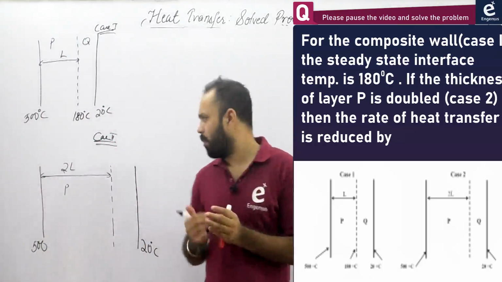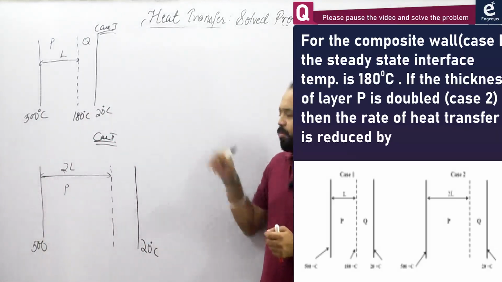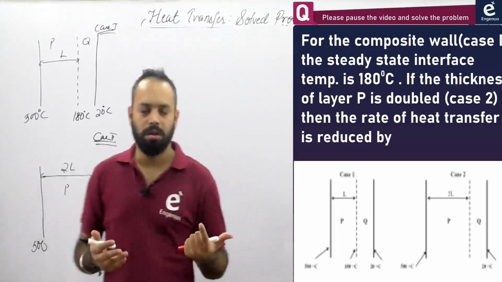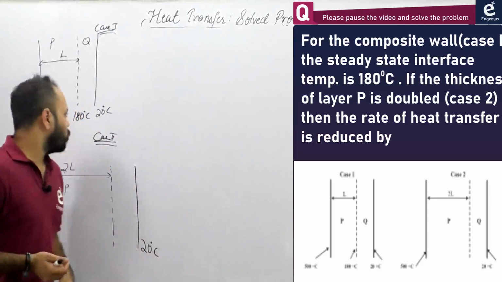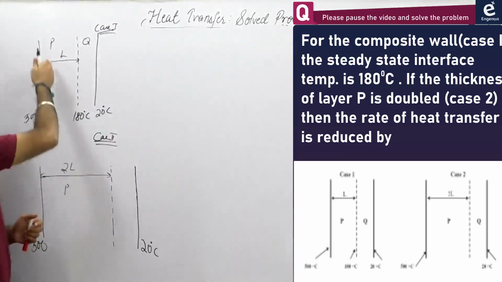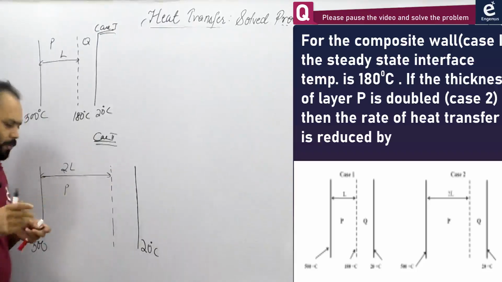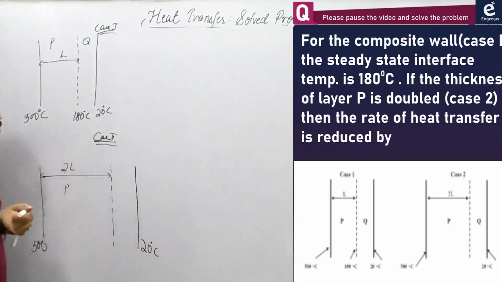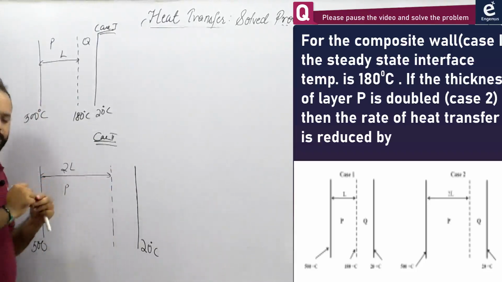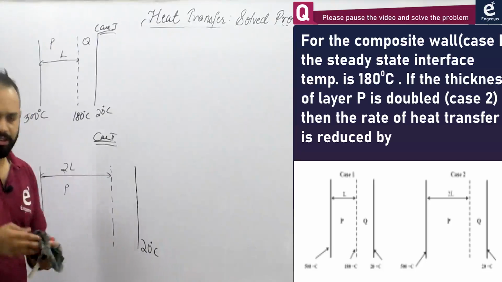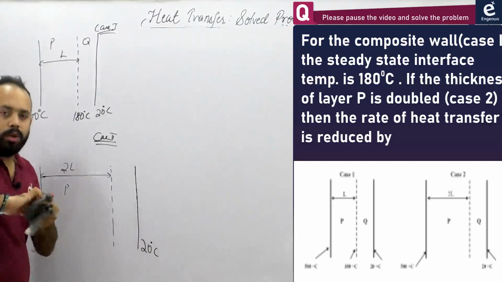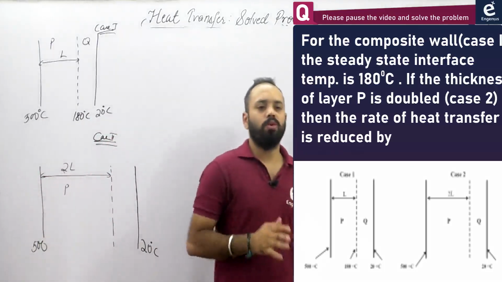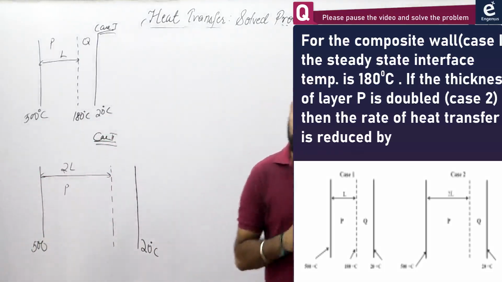So we can have different heat flux for the same terminal temperatures, which is the case in this problem, if the thickness is changed। होगा क्या, जब आपने P की thickness को डबल कर दिया, इसमें कुछ बातें मैं बता दूं, स्टूडेंट्स क्या करते हैं, अज्यूम कर लेते हैं कुछ बातें अपने आप। They think that sir P thickness is getting doubled, we are also doubling the thickness of Q। First of all, no information about Q is given in the problem, so don't assume anything on your own। Q की थिकनेस को किसी भी तरह का कोई चेंज नहीं किया जा रहा, ठीक है।